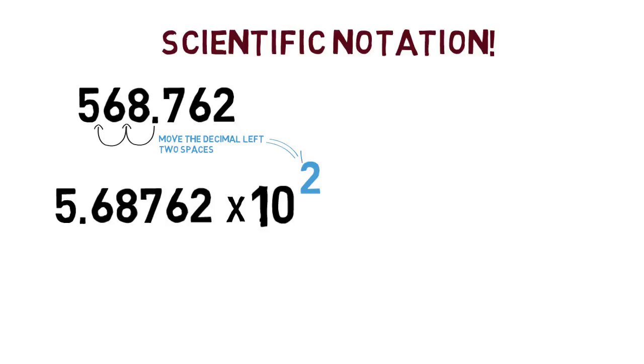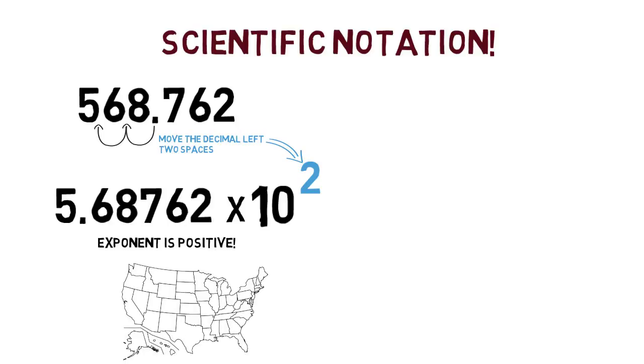That number comes from the number of spaces that you had to move the decimal. And in this case, the exponent is positive, and that is because we moved the decimal left. There's a fun way to remember this, and we can think of a map, and when you move to the left, you're moving toward the west coast. We live in Portland. We know that moving toward the west coast is a positive move. Therefore, when you move left, you have a positive exponent. Okay,